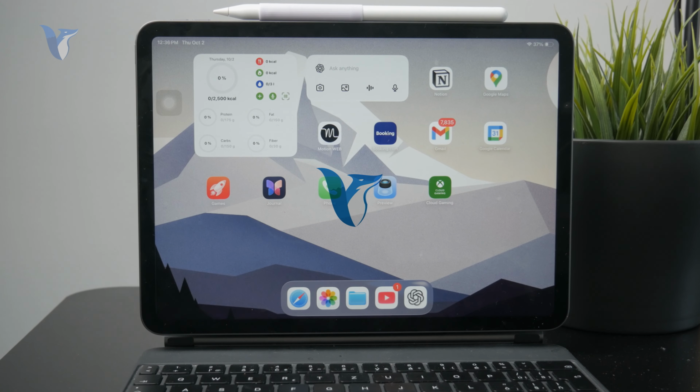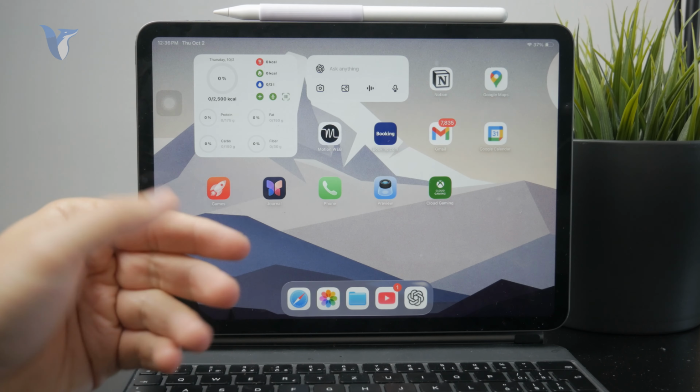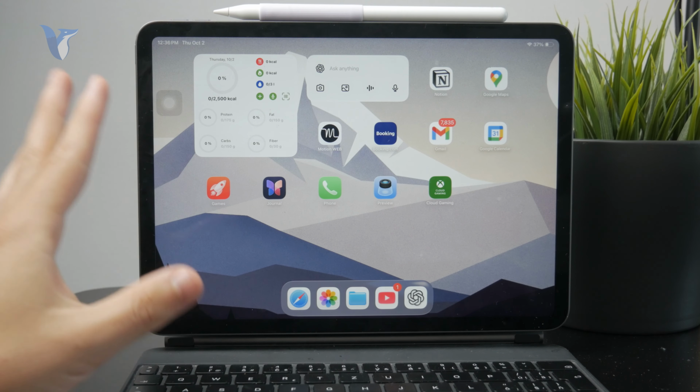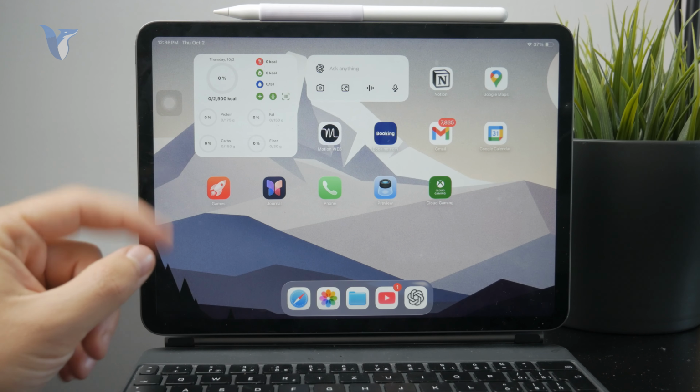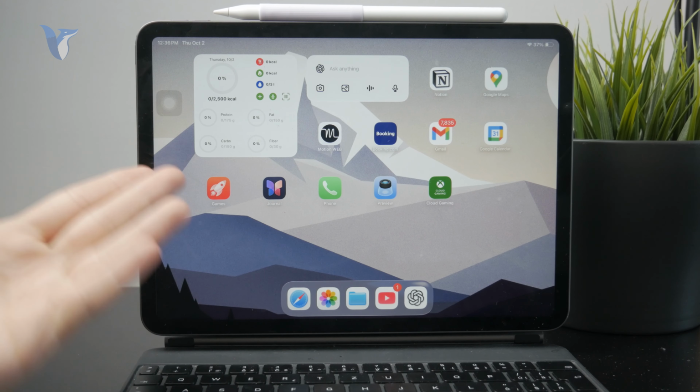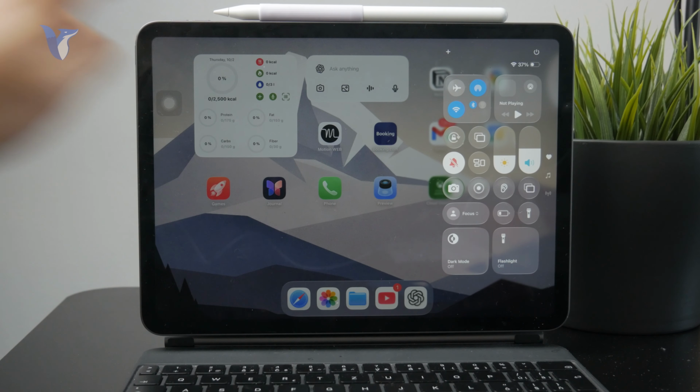So how do you remove the background noise while screen recording on the iPad? Let's get started. So essentially what you can do is, before you click on the screen recording toggle to initiate